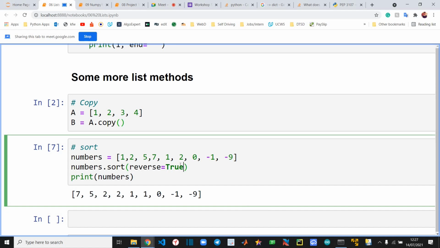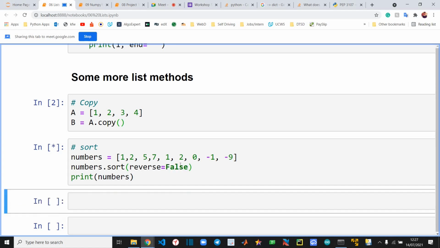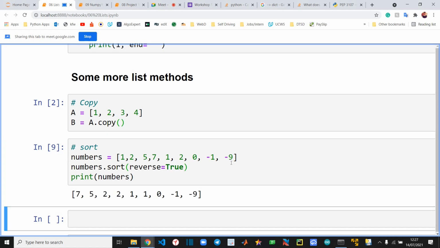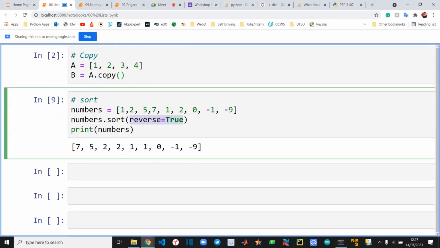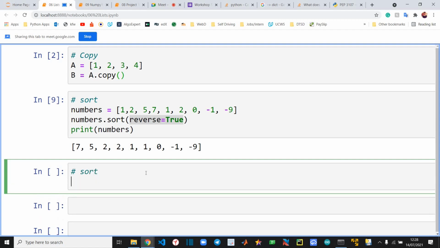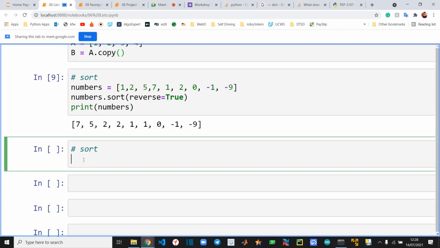By default this is always false, so it automatically arranges in ascending order. But if you want to do it in descending order, you will have to give reverse equal to true. And you can even do it for names. Sort again. These things are very useful.